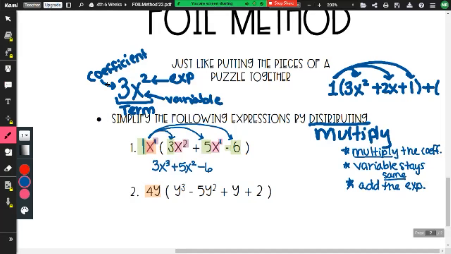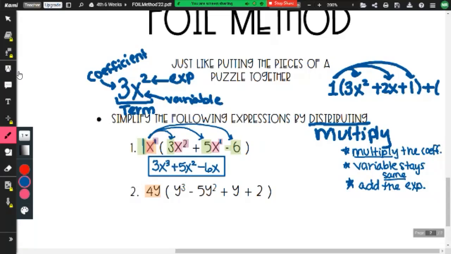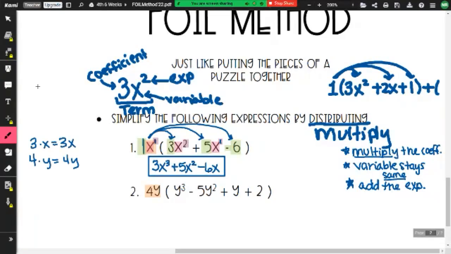X times nothing is still going to be an X. Now that we have this negative 6x, I always get 1 or 2 students that are confused, but why do we put the X if there's no X there? Think about this. When we used that example yesterday, we multiplied 3 times X. 3 times X is 3X. 4 times Y is 4Y. So X times negative 6,